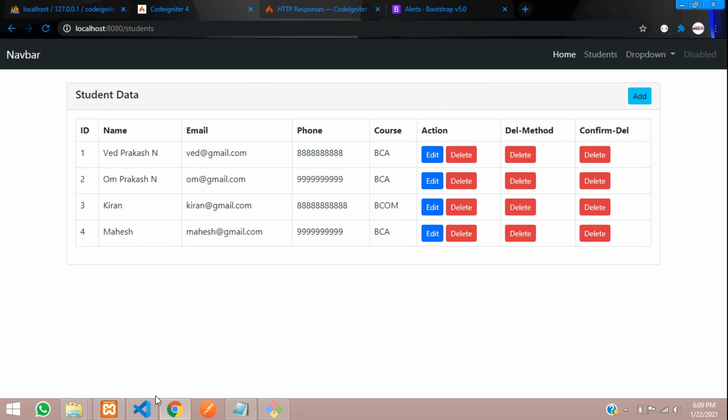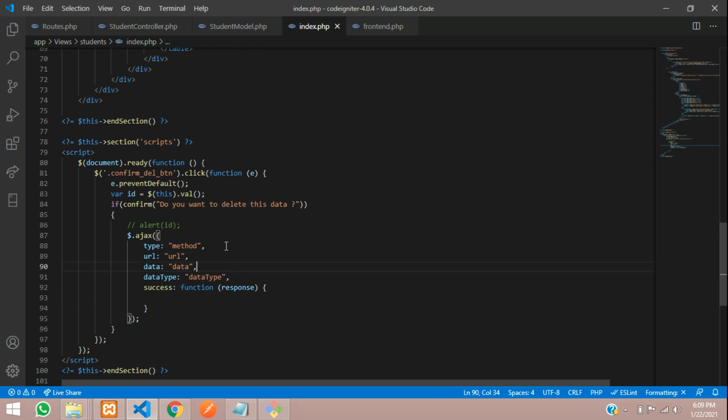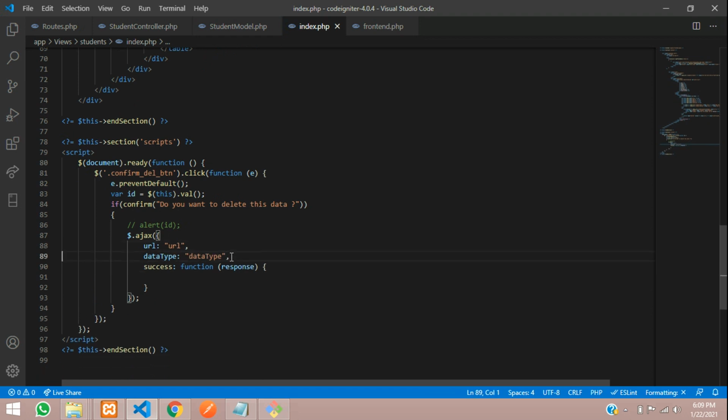Now let's write the query for it. Let's comment this and let's call it Ajax. Okay, so jQuery Ajax if you call. So now over here we don't need this type, data type, we don't require. We just need one URL and the ID inside this URL. So guys, now we are going to create the route.